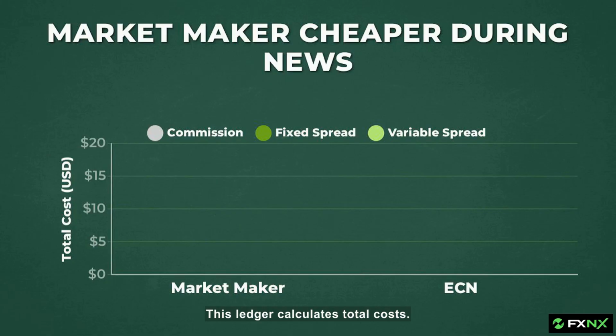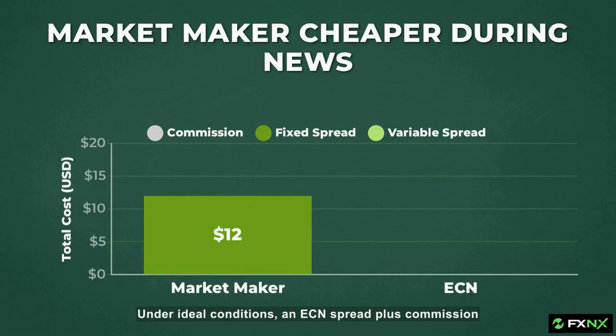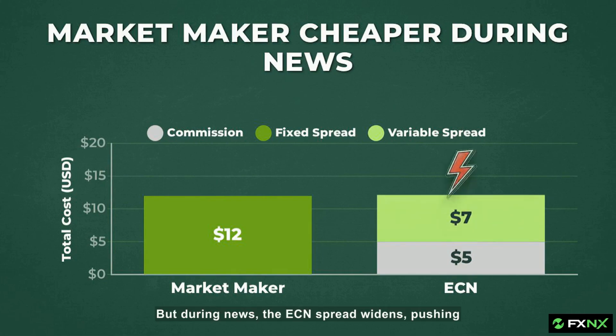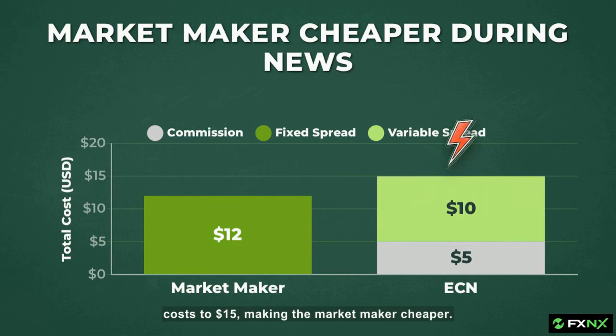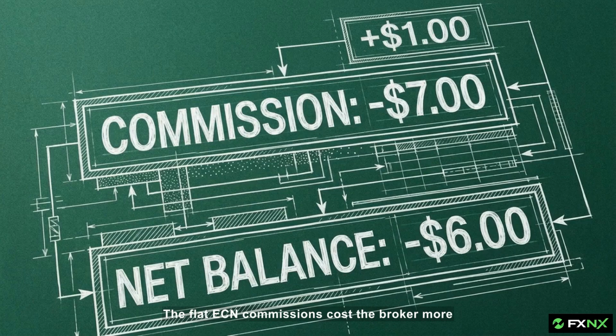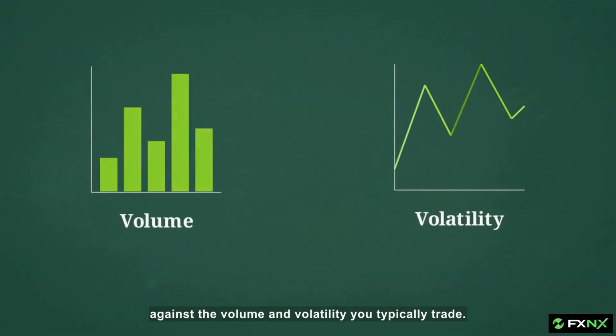This ledger calculates total costs. One lot on a market maker's fixed spread is $12. Under ideal conditions, an ECN spread plus commission is $8. But during news, the ECN spread widens, pushing costs to $15, making the market maker cheaper. If you trade microlots at 0.01 volume, the math breaks down completely. The flat ECN commissions cost the broker more than the spread they earn, destroying the profit margins of small accounts. A 0-pip spread is a trap unless you map out your exact transaction overhead against the volume and volatility you